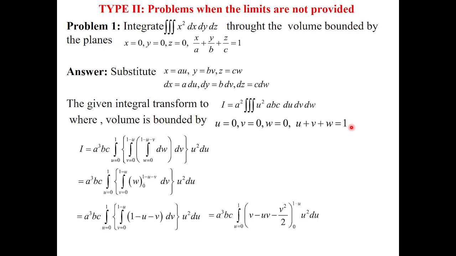If I am deciding the second order as with respect to v, so v के limits क्या होंगे? V equals to 0, and from this equation where w is 0, v it is equals to 1 minus u. So ये मिला मुझे second integration. And third अभी है u equals to 0. Now here w and v both are 0. So u का value मिलेगा आपको 1. So this will be the limits.